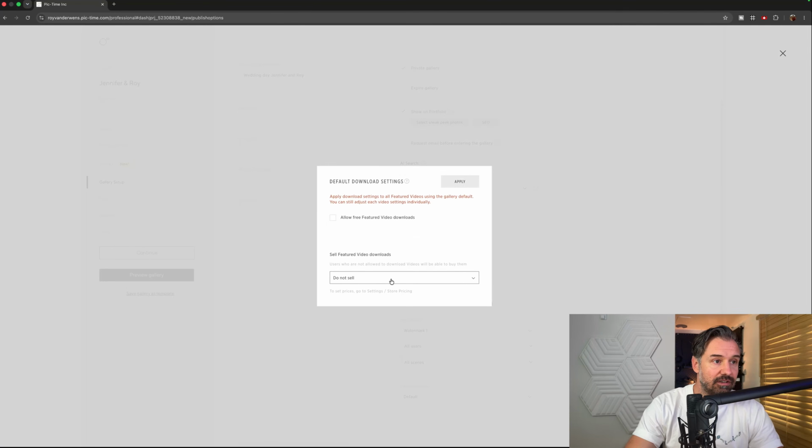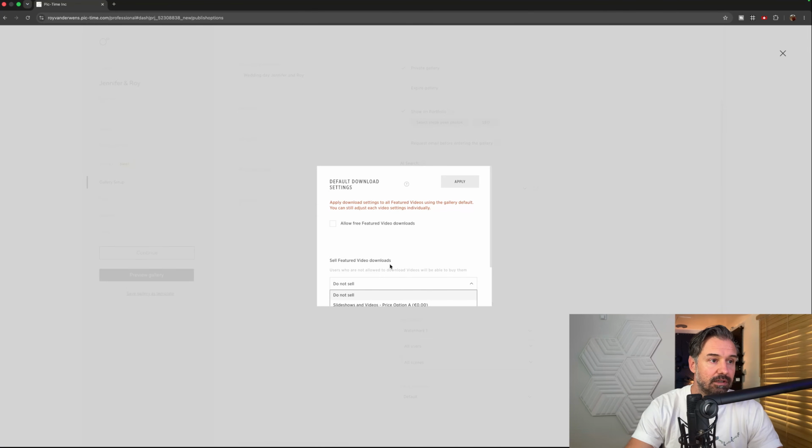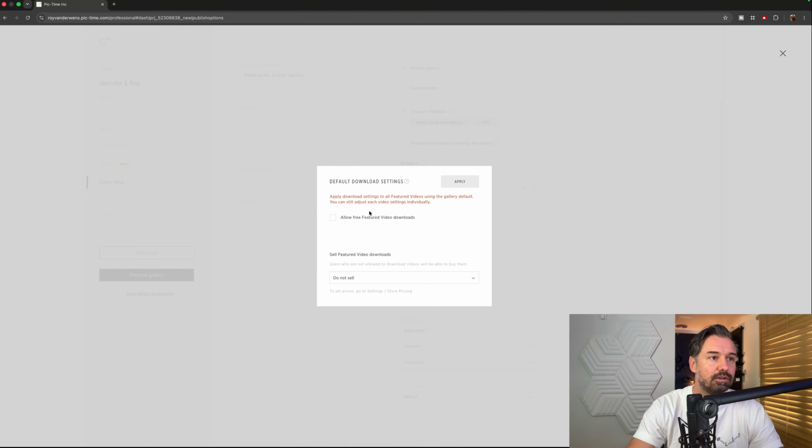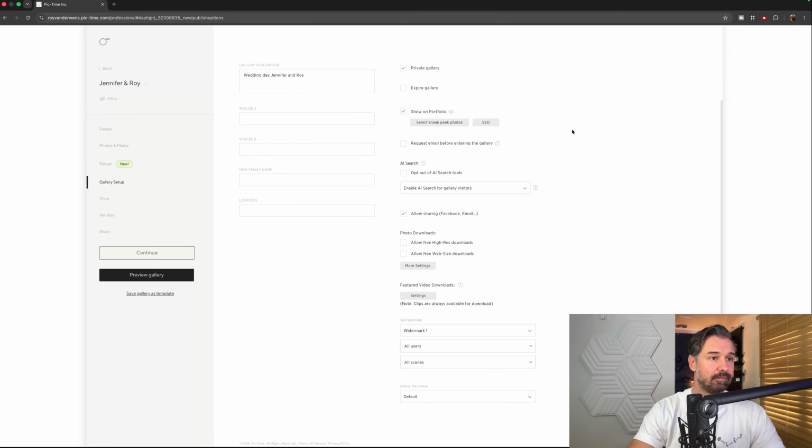Video settings, do sell videos. Okay, slideshow video. So you can sell your videos. I don't know why you would do that. Maybe for another branch. Weddings, I don't think it's necessary. Don't want to apply. And watermarks. Well, of course you can add watermarks or you cannot add watermarks. You can say I want to add watermarks for the vendors and the guests, the clients, so they get a watermark.